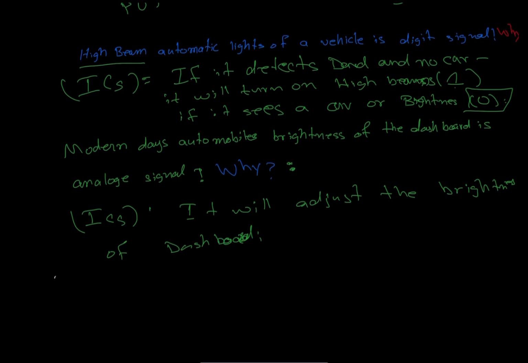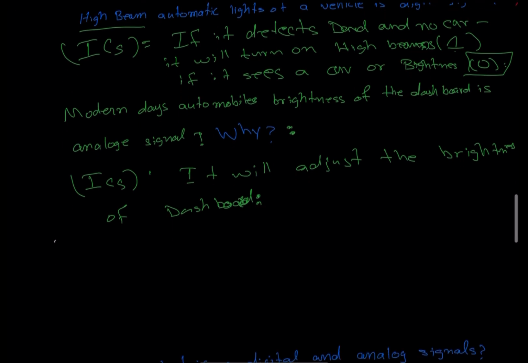Safety feature, so you can see your tachometer, you can see your speed, and in modern days you can see if you are in your lane, if your fuel gauge is okay, if your heat system is okay, if your battery system is okay. That dashboard, that tachometer, you can see everything in there, and that is analog because it can be